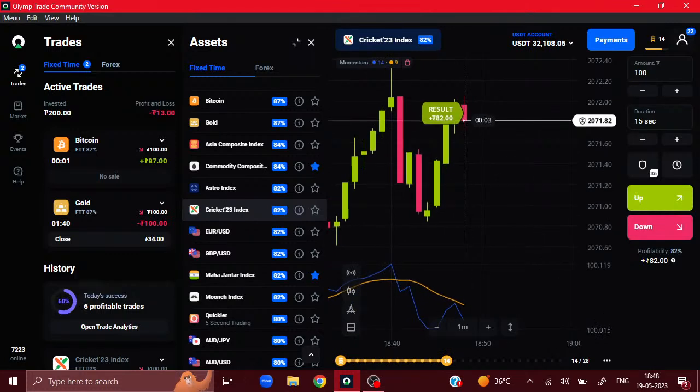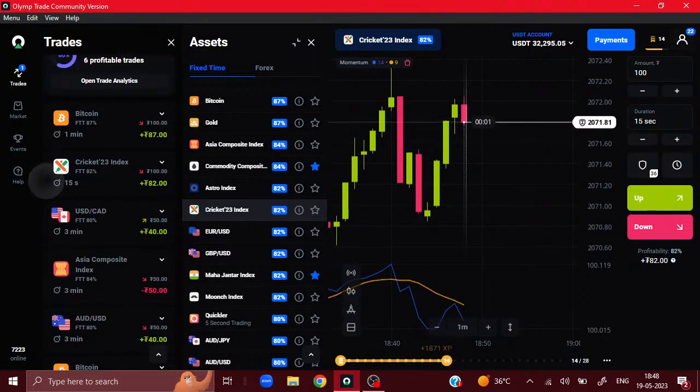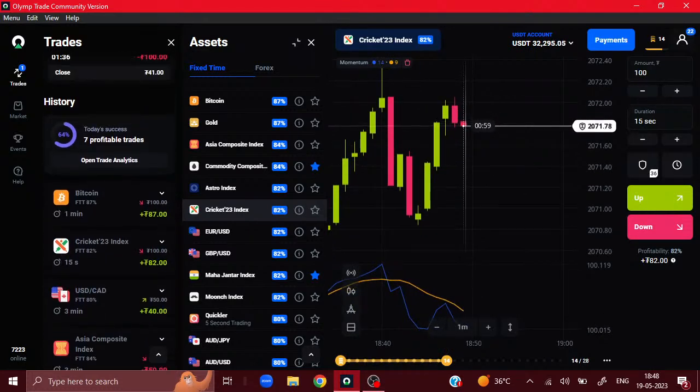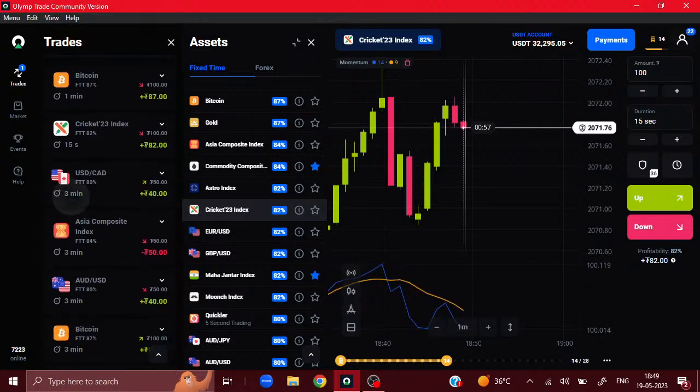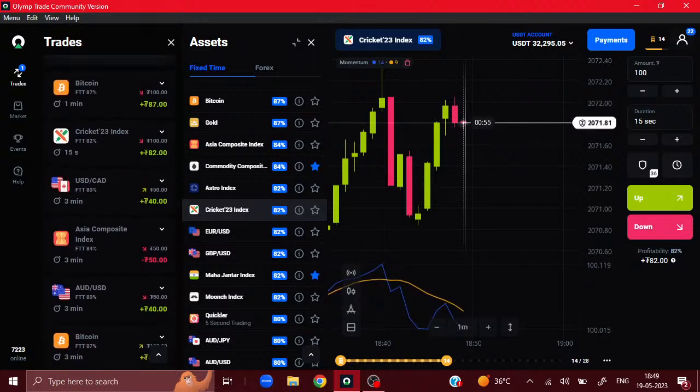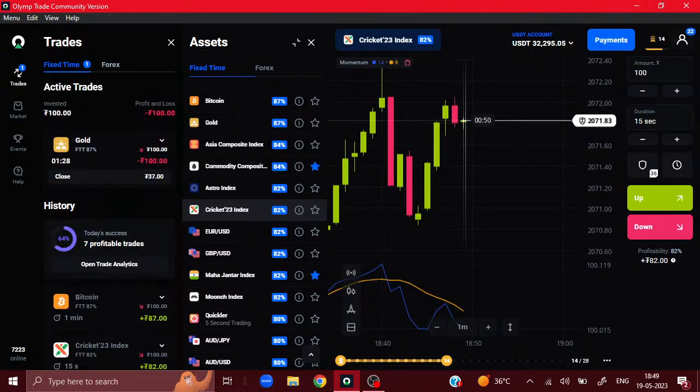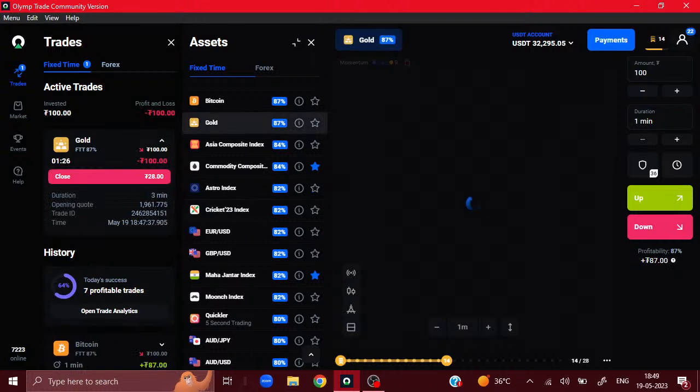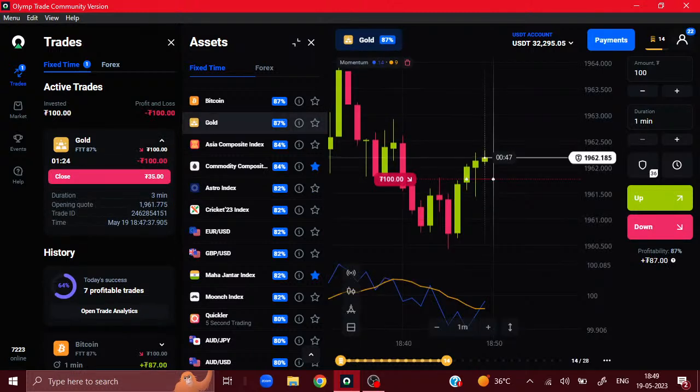Okay, so we won this trade. We already recovered the previously lost $50. We won the Bitcoin trade as well. So out of the 1, 2, 3, 4, 5, 6 trades, we have only lost 1 trade, and the second one is going in gold right now, which was suggested by